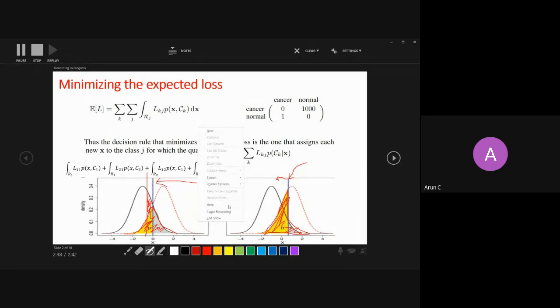Now, it is not always the case that the optimal decision boundary comes with this flavor only. For example, you may have a different goal, and that goal will define different optimality conditions. So this is to understand it.